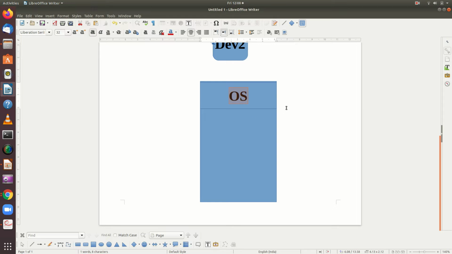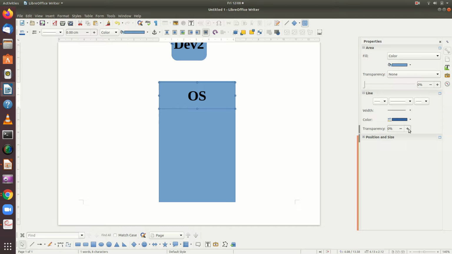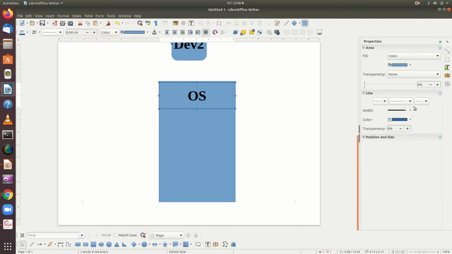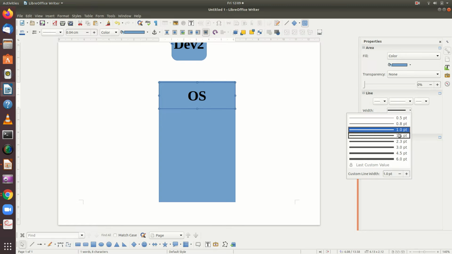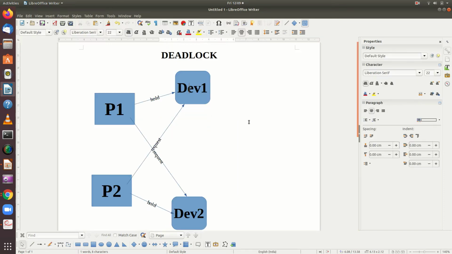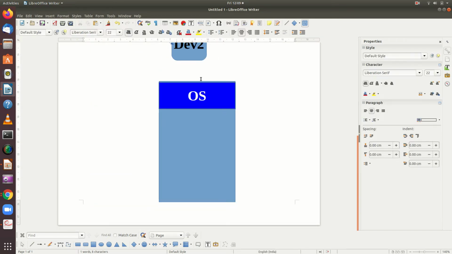So the operating system will have one part of the memory. Let us increase the width, okay, so that it will be more clear for you. So I'll change the color. Okay, so always the first part of the memory will be allocated to the operating system.